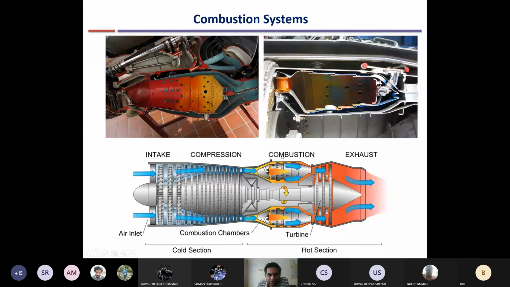Now we will take a look at how it works. So you have a combustion chamber. These are some schematic diagrams of combustion chambers. These are from old pictures, and you will see a lot of holes and other things which we will discuss later. All the air is not injected at the same point at the inlet. It is divided into parts and gradually injected through different holes. We will discuss that later. But this is how a typical cut section of a combustion chamber looks.